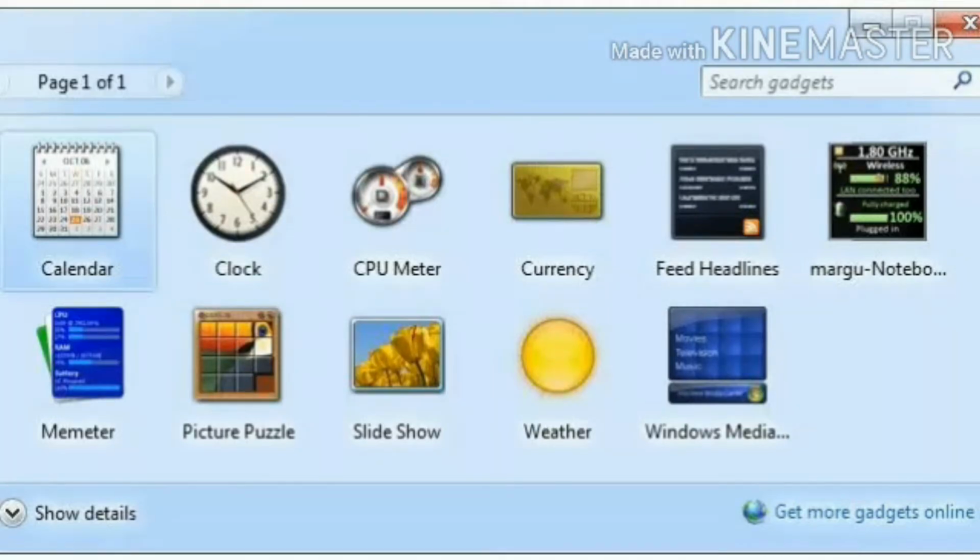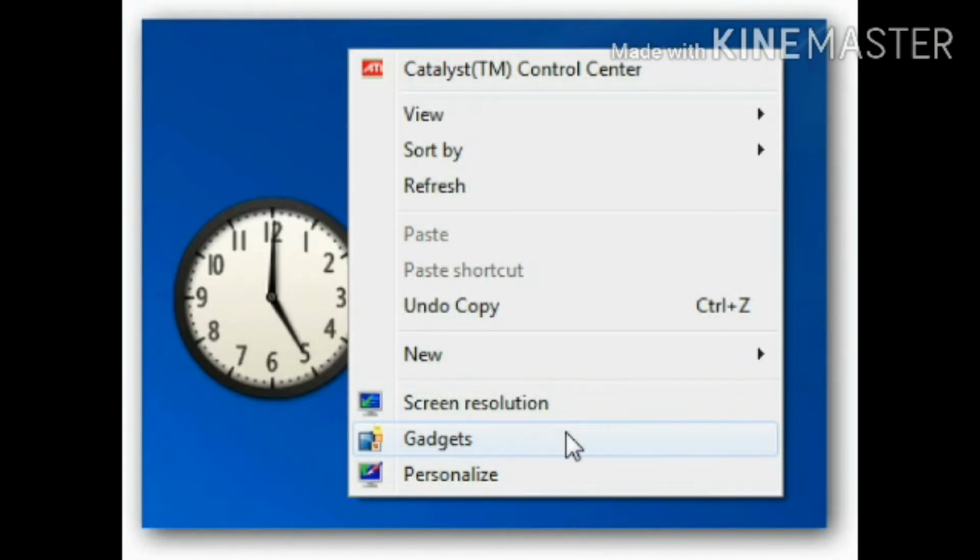This is the gadget window. Gadgets are mini programs that provide quick access to information and frequently used tools. If you want to apply any one of the gadgets on the screen, you have to right click anywhere on the desktop. Now a menu will appear.